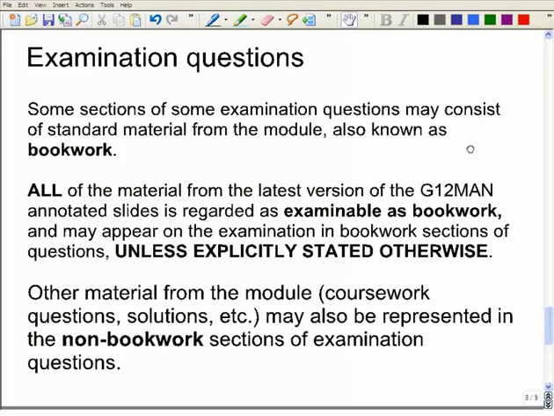But not everything will be bookwork. There's going to be other stuff that may come up in the exam. There could be stuff that comes from question sheet questions and solutions. Some of the stuff that turns up may be exactly the same as things that come up there. Or there may be slight modifications. I tend to value that sort of stuff a bit more highly than I value the bookwork. So you get slightly more marks per word that you write, if you could do those.